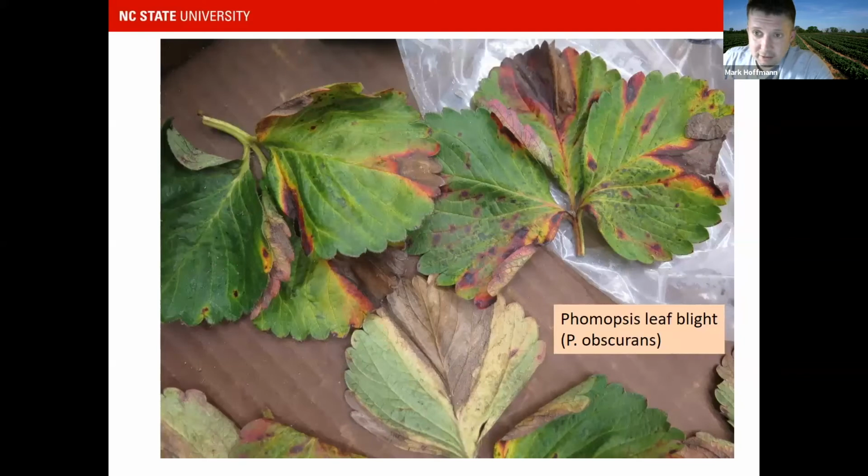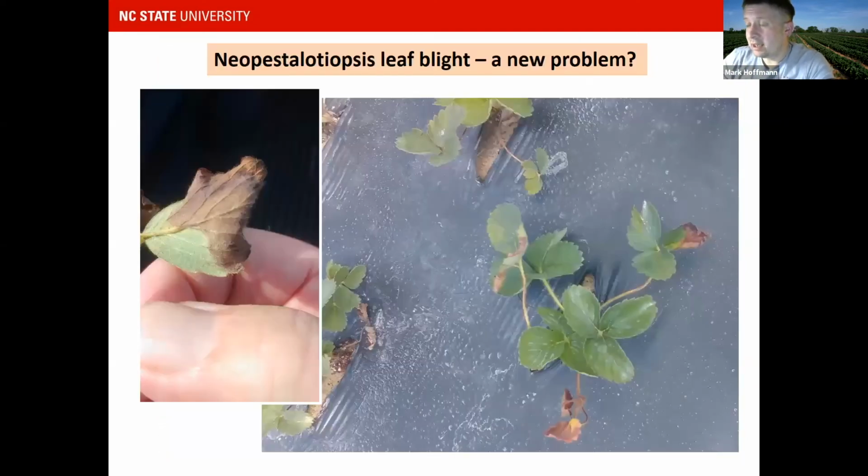Then a couple of other diseases which we find often is Phomopsis leaf blight. That is Phomopsis obscurans that can cause those large black spots with red margins on the leaves. And then another one which